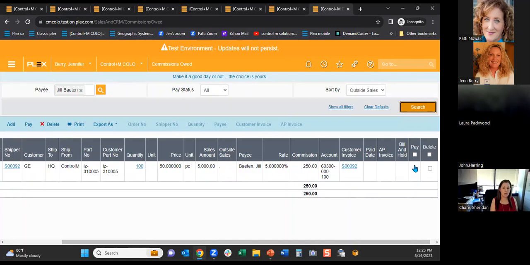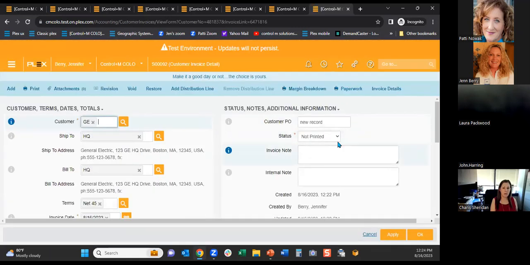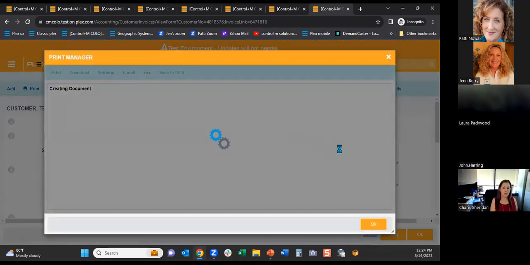there's no button underneath of pay. Now, that's because my customer's invoice is still in a not printed status. And as you can recall, my setup is only payable for printed and consolidated statuses that I had set up on the AR invoice status table. So let's go in and print the invoice, and that way we can create that payable for Jill. So I can come into my customer's invoice, print it to make sure